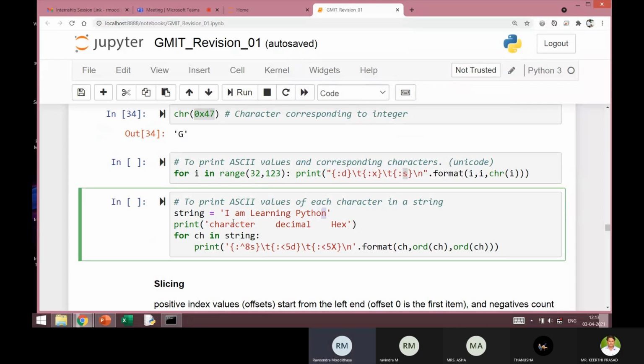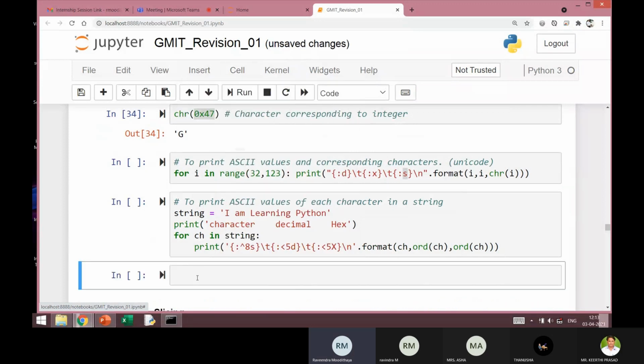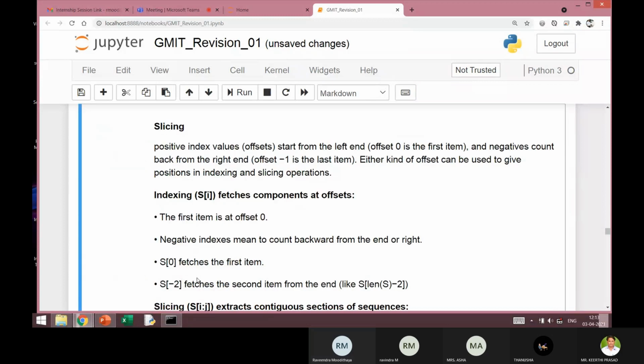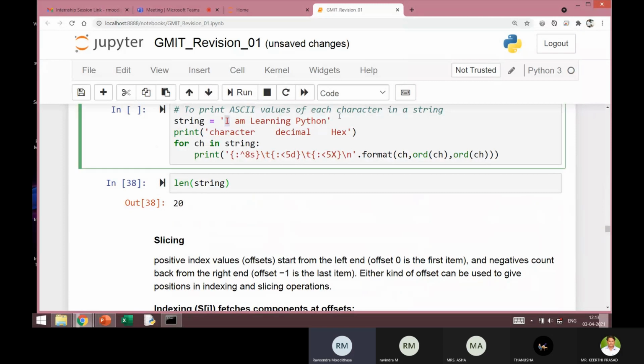Now, for example, if I insert a cell below, I can find the length of this string, which is 20. That means there are 20 characters, so the value of index will range from 0 to 19.